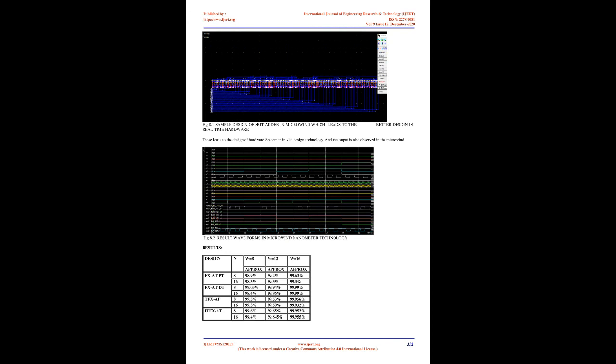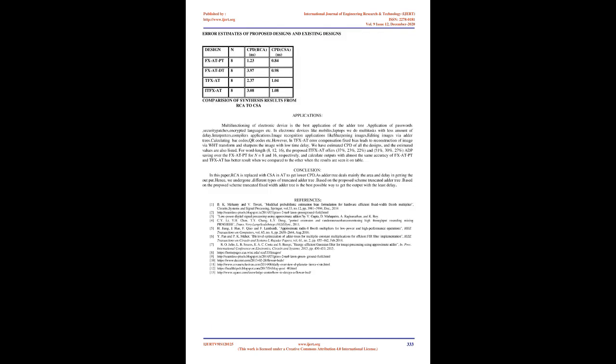Applications. Multi-functioning of electronic devices. The best application of the adder tree. Applications of passwords, security patches, encrypted languages, etc. In electronic devices like mobiles and laptops, we do multitasking with less delay. Interpreters, compilers, applications. Image recognition applications like sharpening images and editing images via adder trees. Calculating barcodes, QR codes, etc. However, in TFX error compensation, fixed bias leads to reconstruction of the image via a transform and sharpens the image with